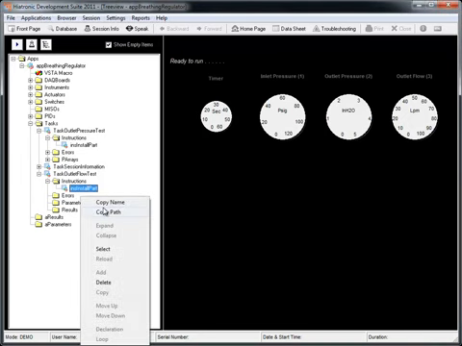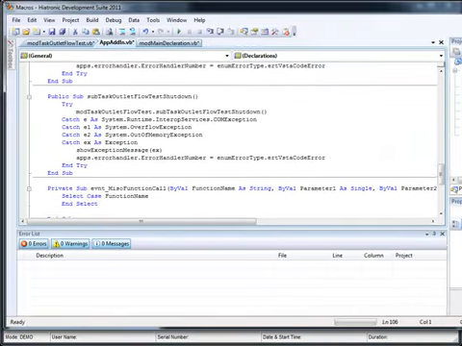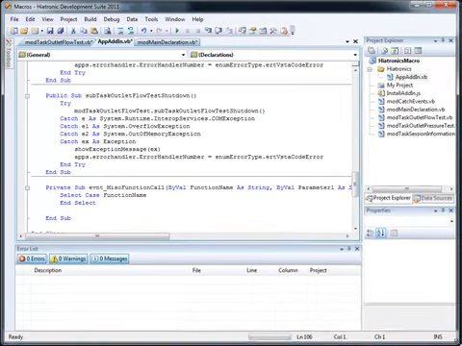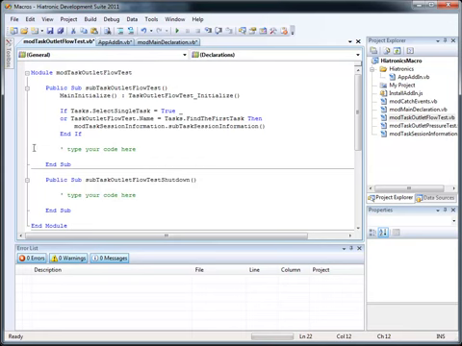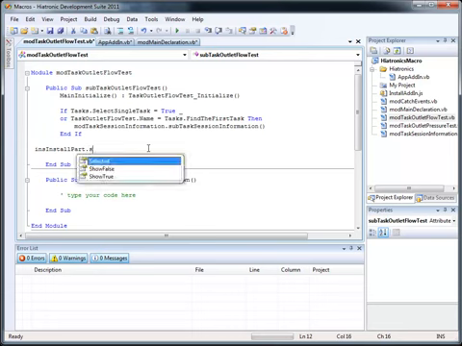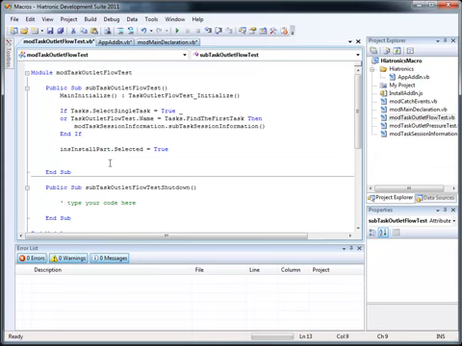Now we want to copy install part. We're going to copy the name and then open up the VSTA macro. And then open up the module outlet flow test. A module has automatically been created, as well as the subroutines outlet flow test and outlet flow test shutdown. So the first thing we want to do is paste install part dot selected equals true. And we want to shield it in such a way that this instruction is only selected if you're running a single test. If you're running all tests, then it should not show up, because